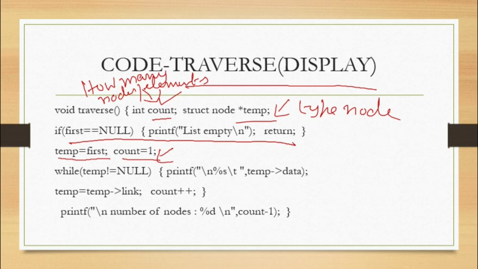Okay, so for example, do this: temp is equal to first. Then you have to go through the loop, while temp is not equal to null. Till temp is equal to null, you have to print the data. So when you print the data, see, this is the first time I am coming here. I just came inside the while loop, then I will print the data. Once I print the data, I will do temp is equal to temp of link.